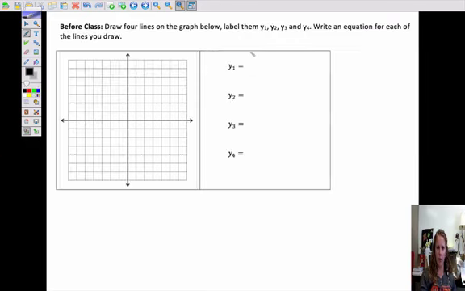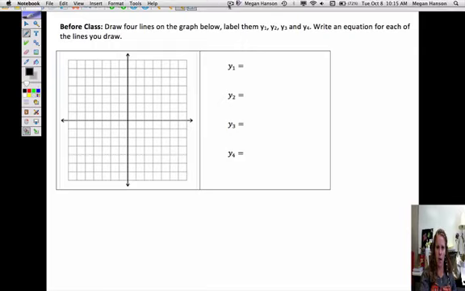And before class, I want you to draw 4 lines on the graph. Okay, so just get out a straight edge, draw 4 lines, label them y1, 2, 3, and 4, and then after you've drawn the 4 lines, draw some ups, draw some down, then write equations for each of the 4 lines that you draw. All right, so we'll have that for